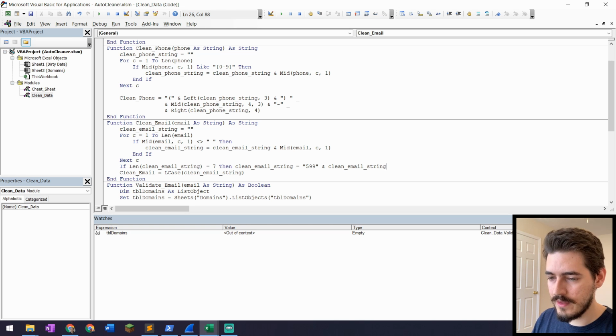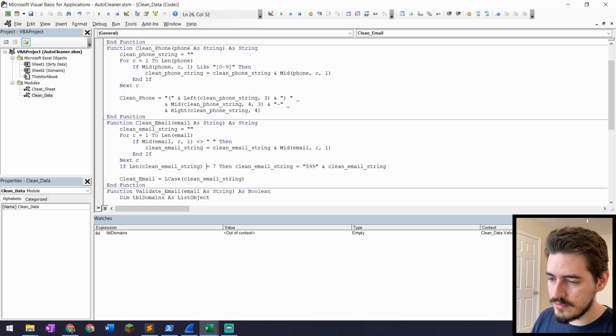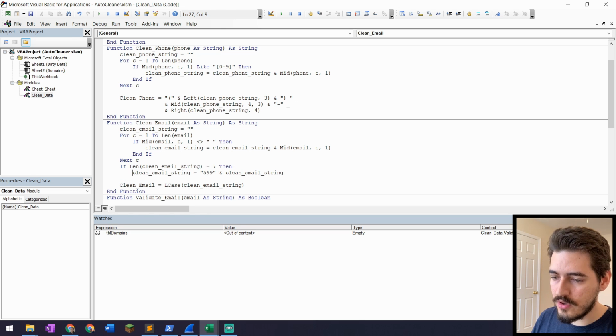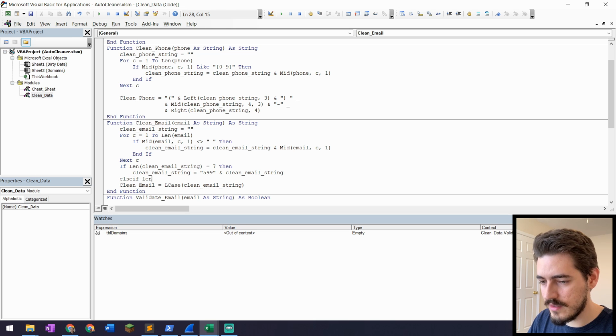We could also, because there should only be 2 options of phone. You either have 7 numbers or you have 10 numbers. So else if the length of clean email string is not 10, right? So if it's not 7 and it's not 10,